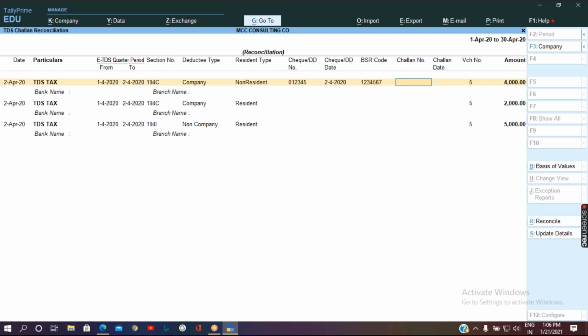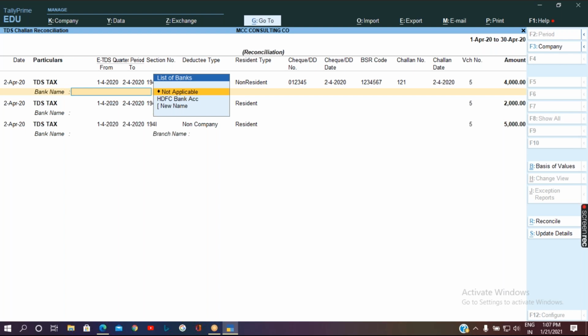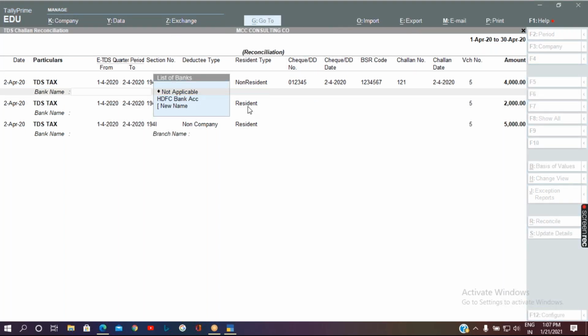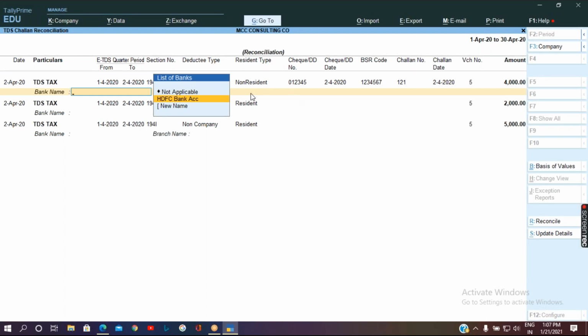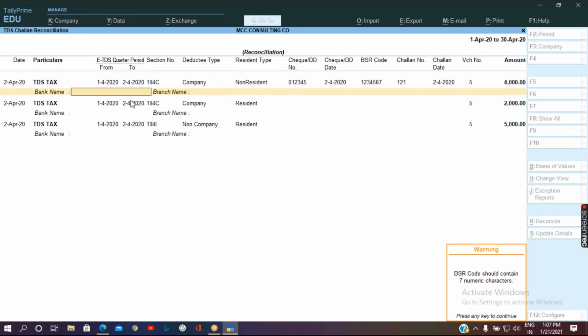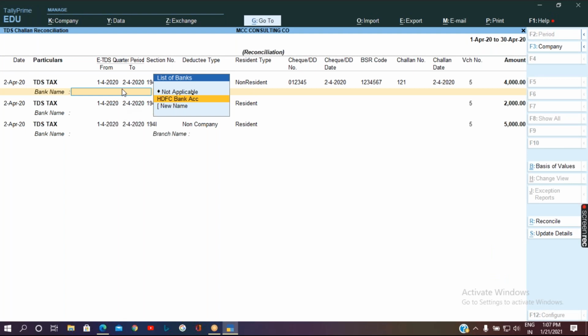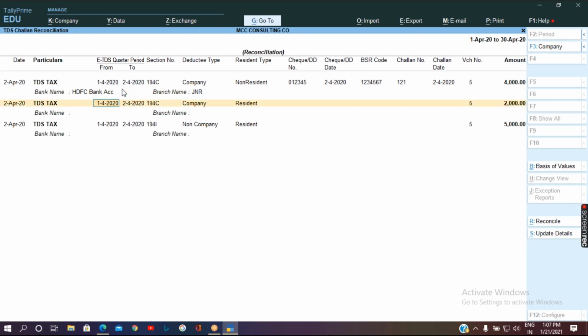BSR code number will be minimum 7 digits. So let me give the challan number, challan date. It will be on the same date. So we have to select the bank. So let me give the same check number I'm giving.